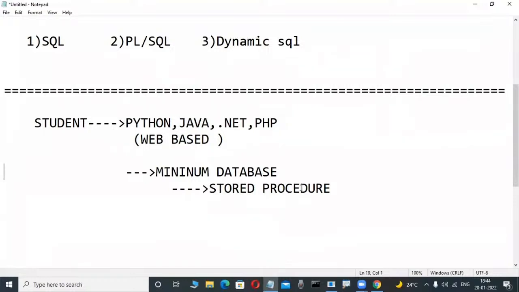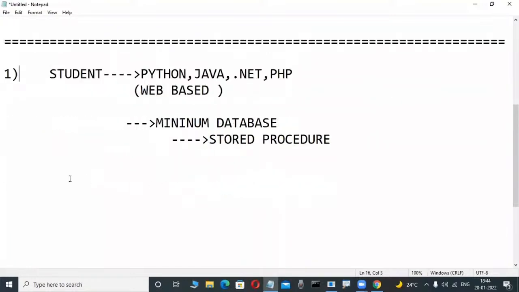Many different types of persons are learning this Oracle course worldwide. The second type: many fellows are struggling to get a job. Suppose at fresher level they are unable to get a job, maybe wasting one or two years, for any reason. Not a problem. They are unable to get a job, so they are applying